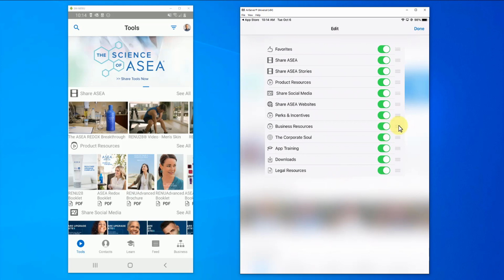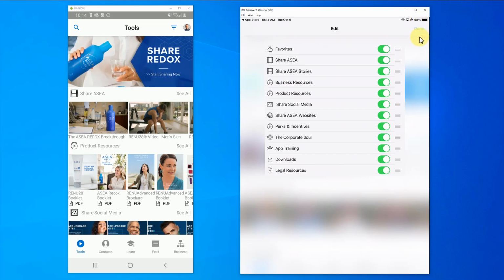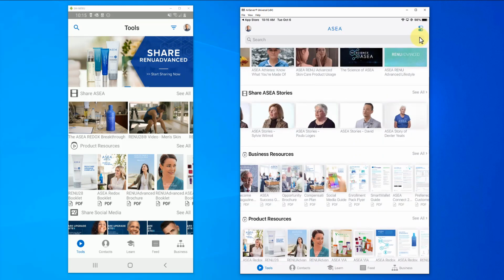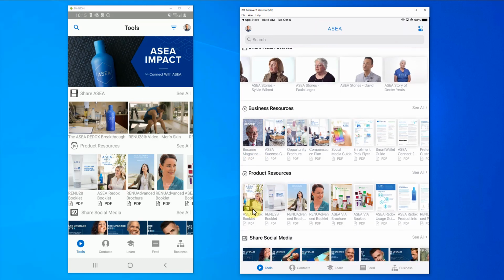You can then grab these little areas, such as business resource, and pull it up to the top next to the product resource section if you would like. When you do that, it will always remember how you have it sorted so that you will always keep it in order. Just last week we added the new Become magazine in here so that you can read it directly from the app if you would like.